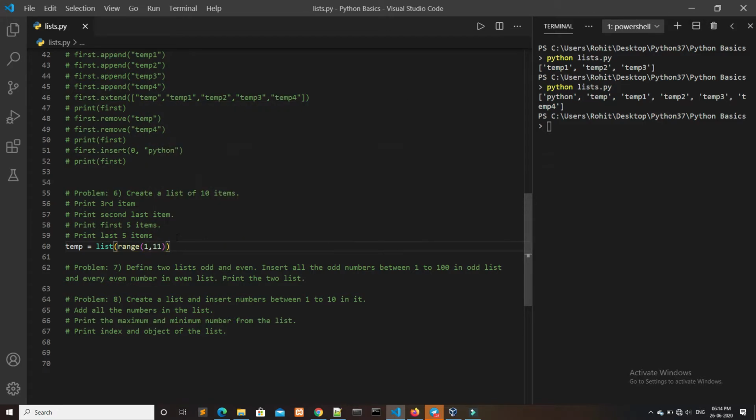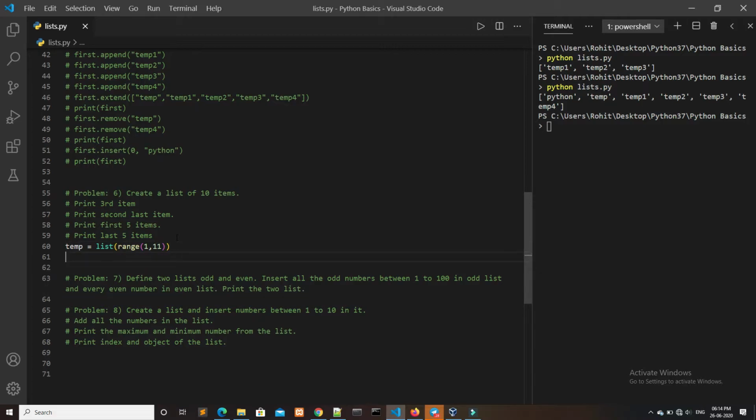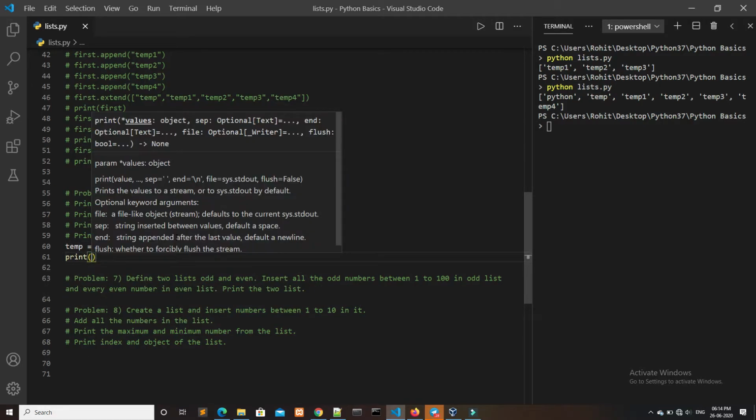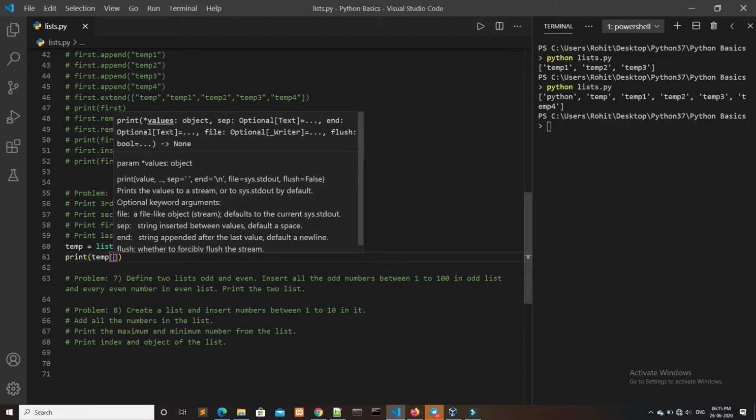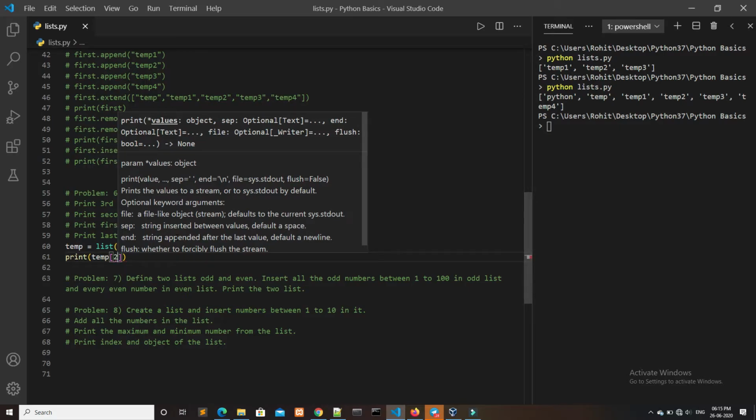It will insert values from 1 to 10 in temp. Now we have to print the third item. So to print the third item, we have to give the index value, that is 2 here.